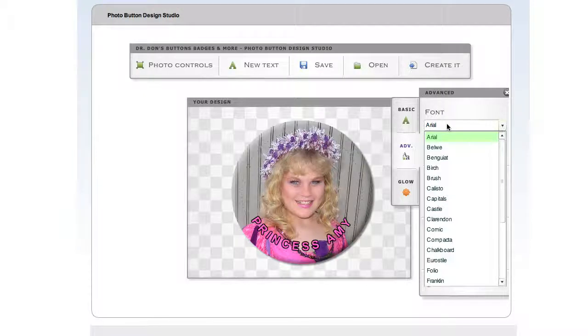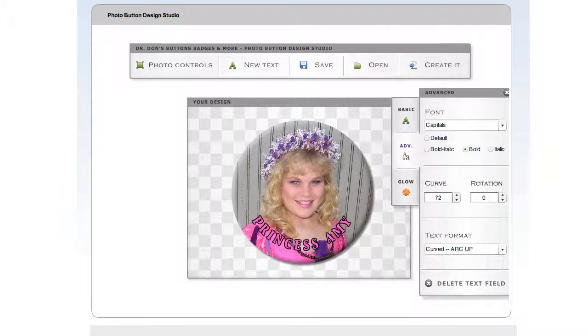And what you do is go ahead and just simply drag your mouse through the area, and as you go through the various text, the fonts here, it'll show you what would happen if you were to choose that. Now I kind of like capitals for this. So I'll go ahead and release on capitals, and we're going to go back to the basic one